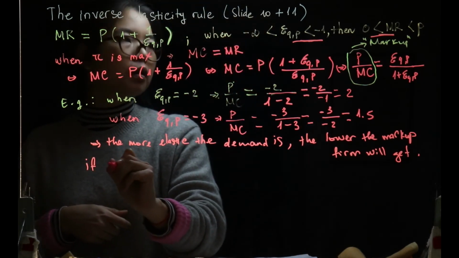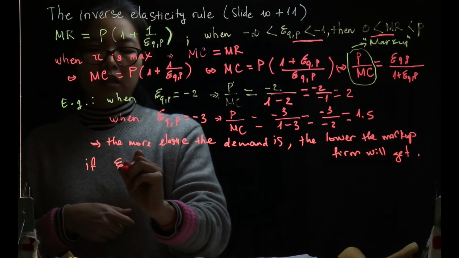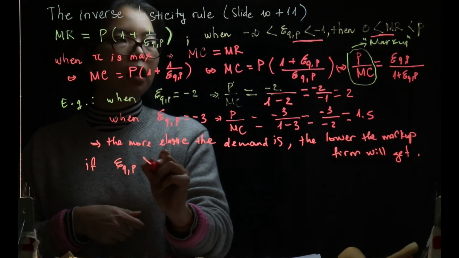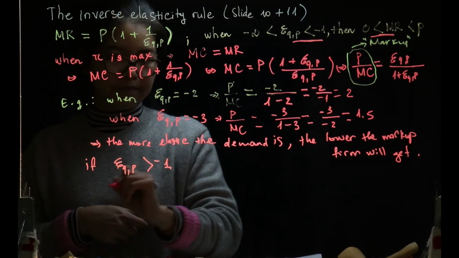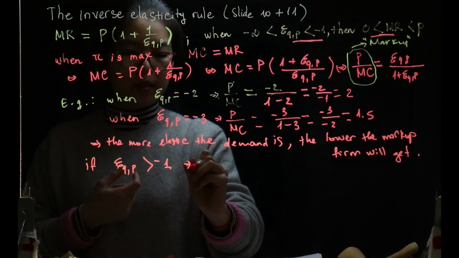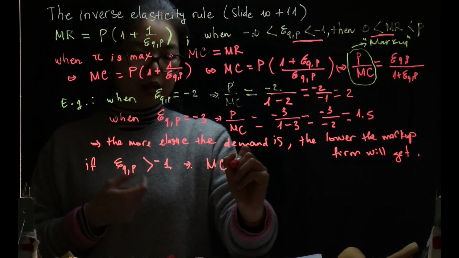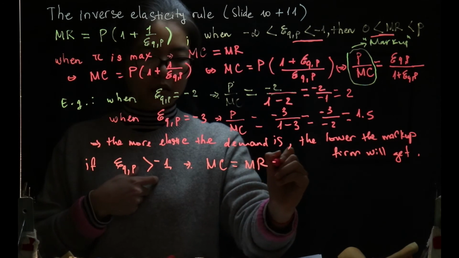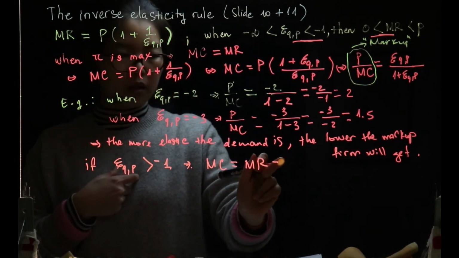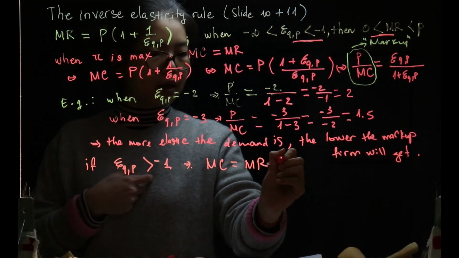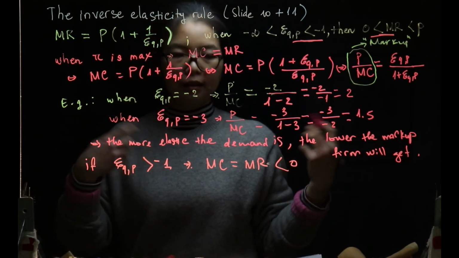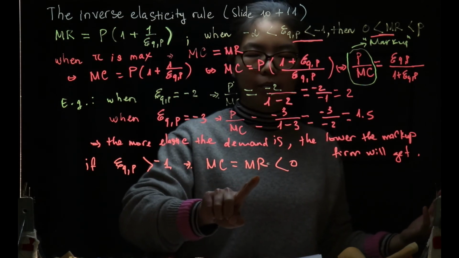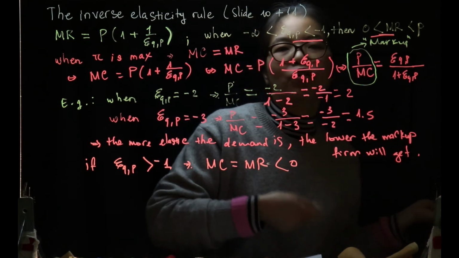If demand elasticity is larger than -1, then MC, or marginal cost, equals MR, and it becomes negative. Like I said, have to think about that, because the marginal revenue is something extra you